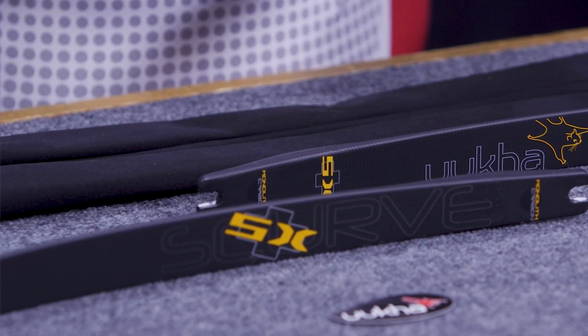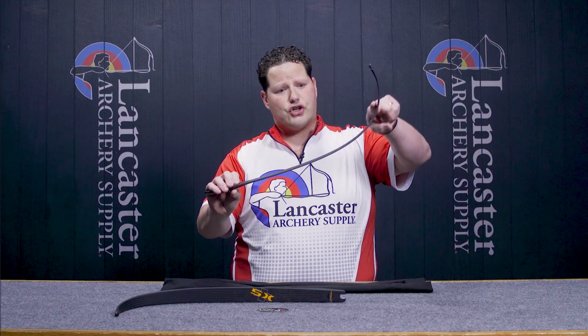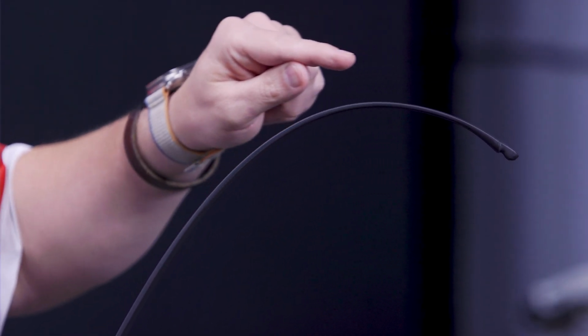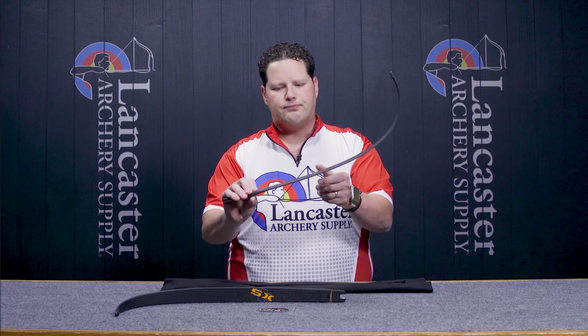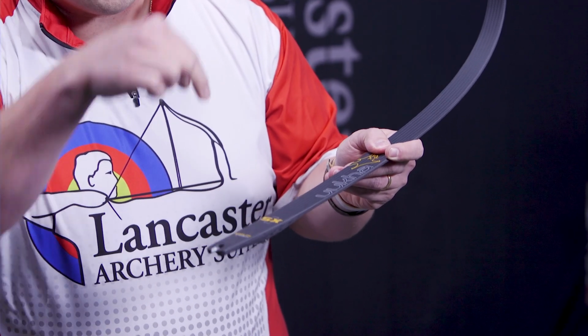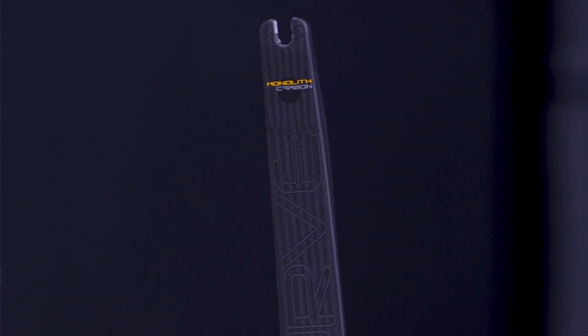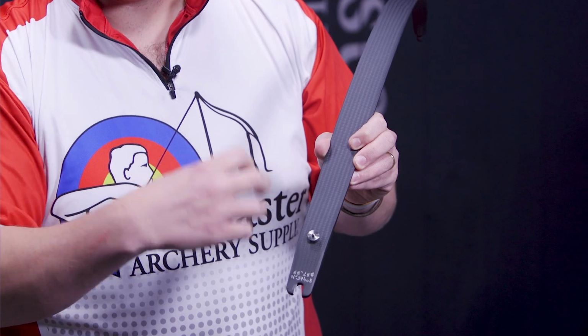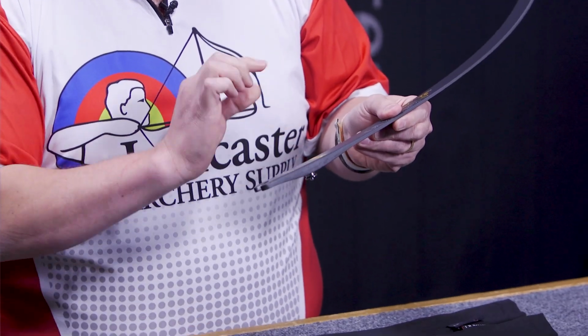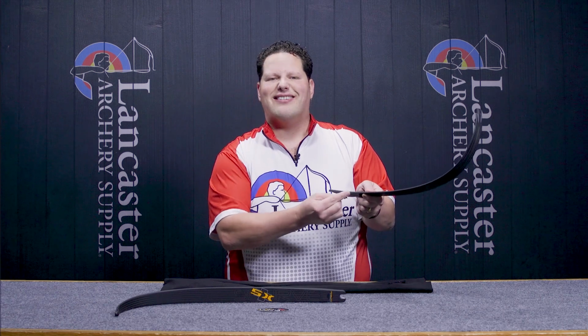The next thing we can talk about is their profile. So looking at the limb, you'll see this really generous curve right in the working area of the limb. That's the first thing that you'll notice. You'll also notice that down by the dovetail detent, there is no screw that's holding that detent in place. Because of the construction methods that are used here, they don't need a screw. The dovetail and the detent assembly is molded when they build the limb. So there's no additional hardware that's needed, and now Uukha can build a limb that is very thin, light, and